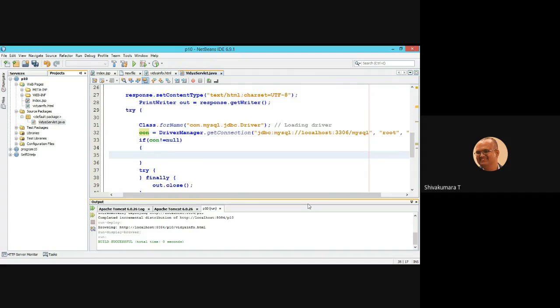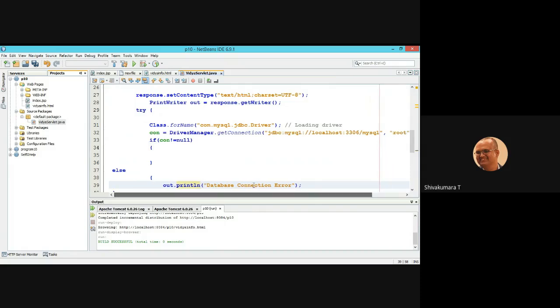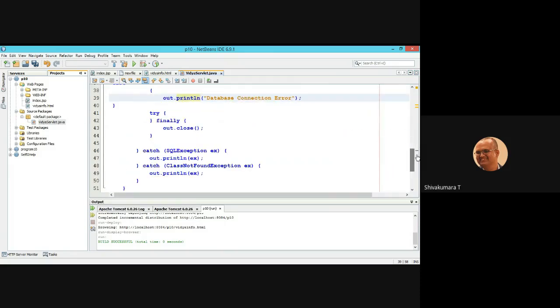Otherwise, what is the condition? Else. Out.println database connection error. If it works fine, fine; otherwise there is a connection error.